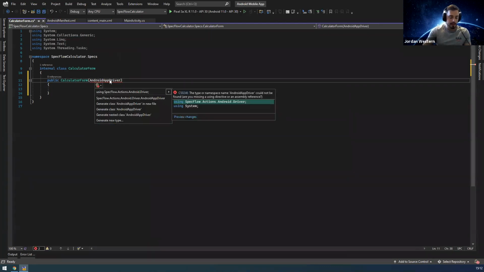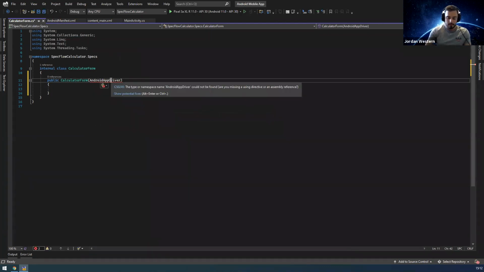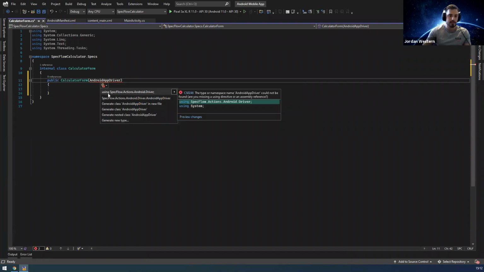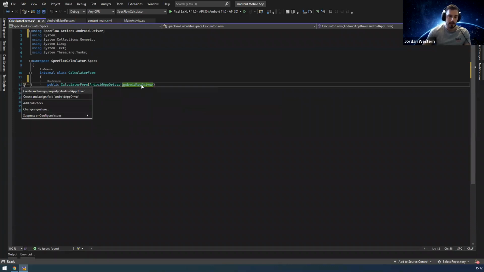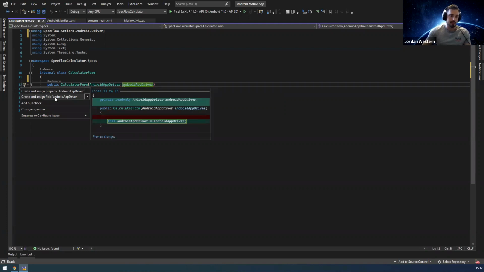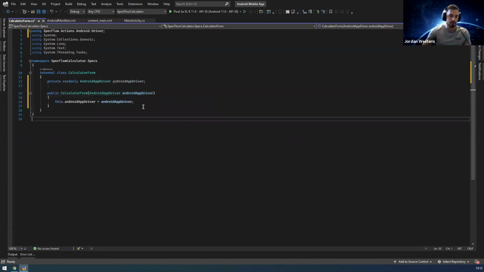And you can see it if we control and dot on this, you'll see that IntelliSense says using SpecFlow.Actions.Android driver. Yes, that's exactly what we like. And we'll call it Android App Driver. And if we control and dot again, we can automatically create and assign this field Android App Driver. So this is the entry point into the plugin, and this gives us the functionality to go ahead and